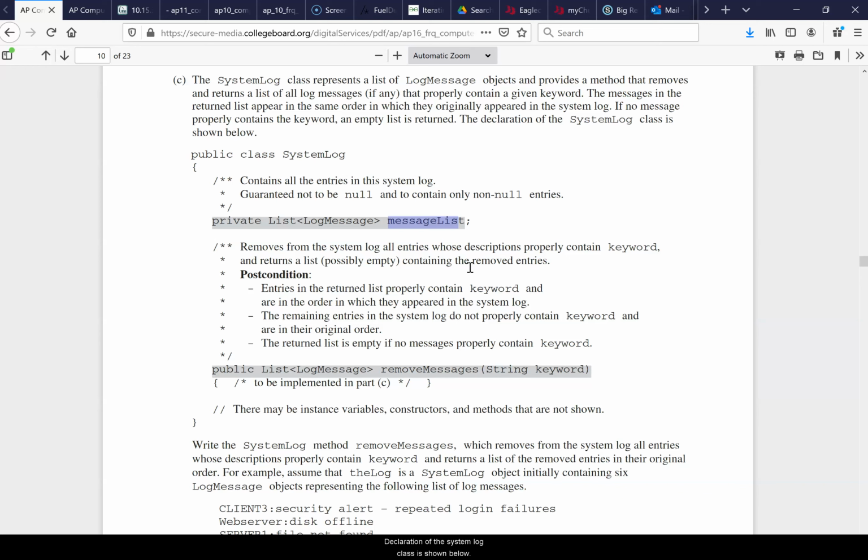The declaration of the system log class is shown below. So it removes from the system log all entries whose descriptions properly contain the keyword and returns a list, possibly empty, containing the removed entries. Entries in the return list properly contain keyword and are in the order in which they appeared in the system log. The remaining entries in the system log do not properly contain keyword and are in the original order. The return list is empty if